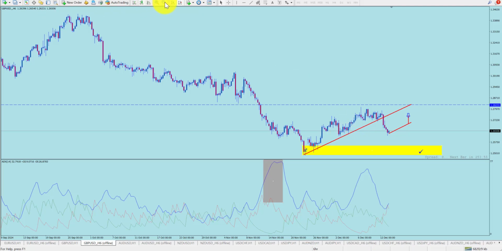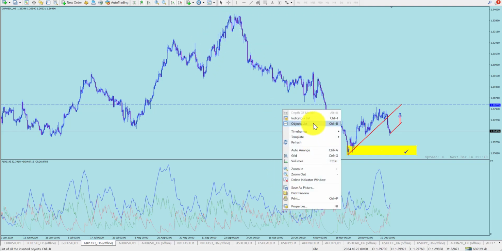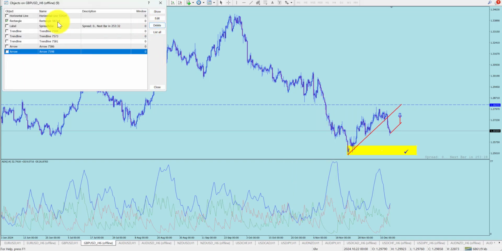Now I back this up and look at the big picture and say this is just a big pullback in the midst of a downtrend, right? A retracement move in the midst of a downtrend. In fact, how I was saying that we're due for a retracement move here? This could end up being a head and shoulders. You can have a shoulder, head, and shoulder. Now normally you would look for those up at the top of the market, not down at the bottom of a downward move. So that's not really ideal.